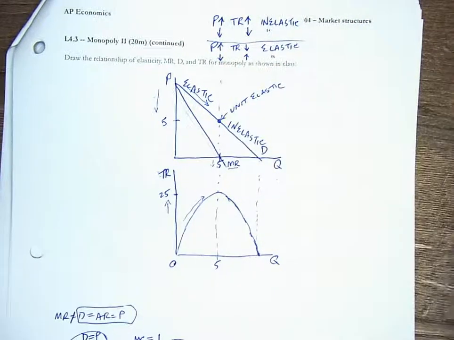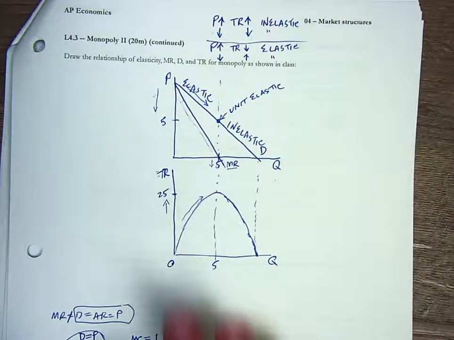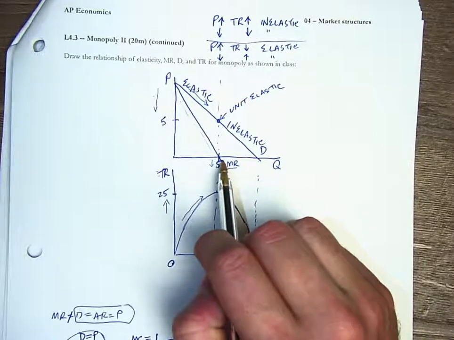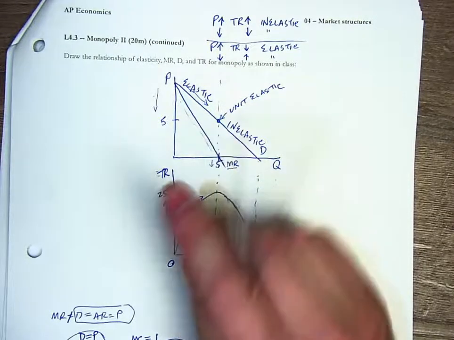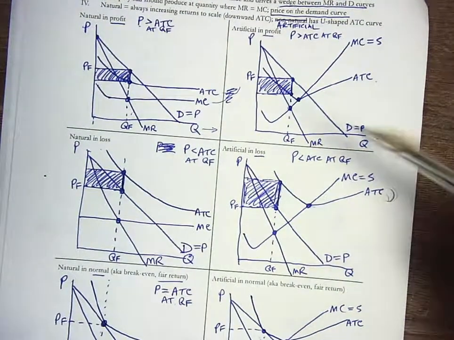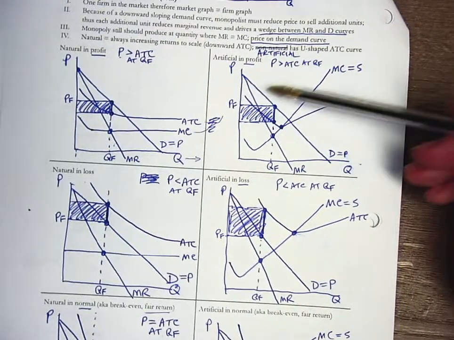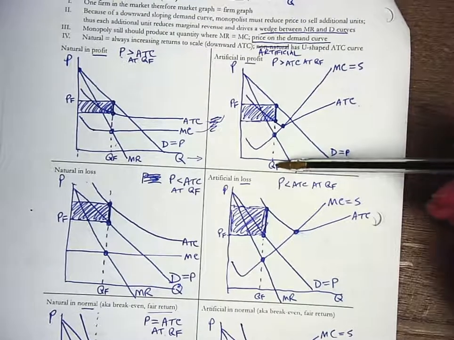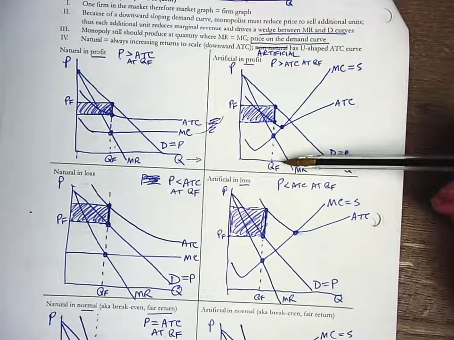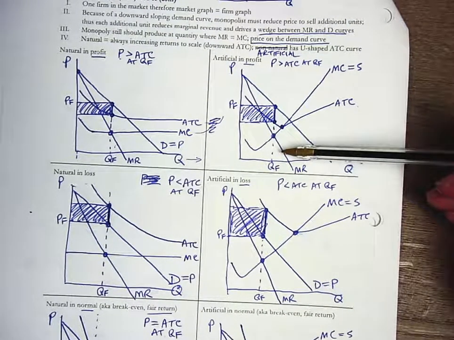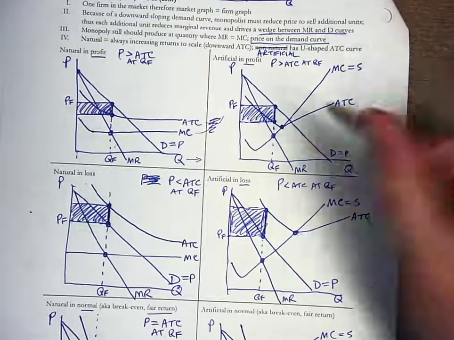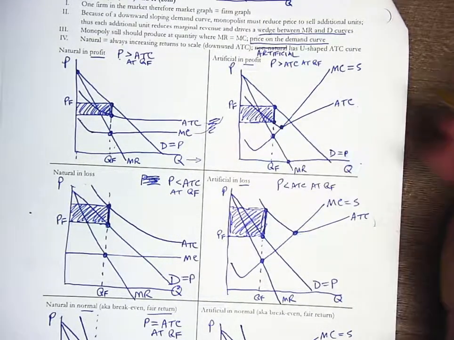So this again is more of a review from before, but I'm gonna point that out to you and say, look, right where that marginal revenue crosses is unit elastic. So simple test time. QF, same graph that we just did right here. QF, is the firm operating in the elastic, inelastic, or unit elastic range? Well, that point,